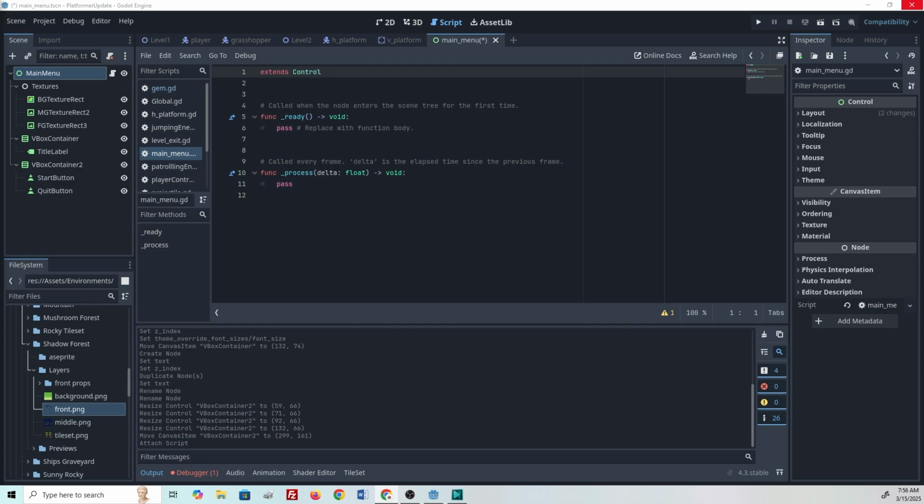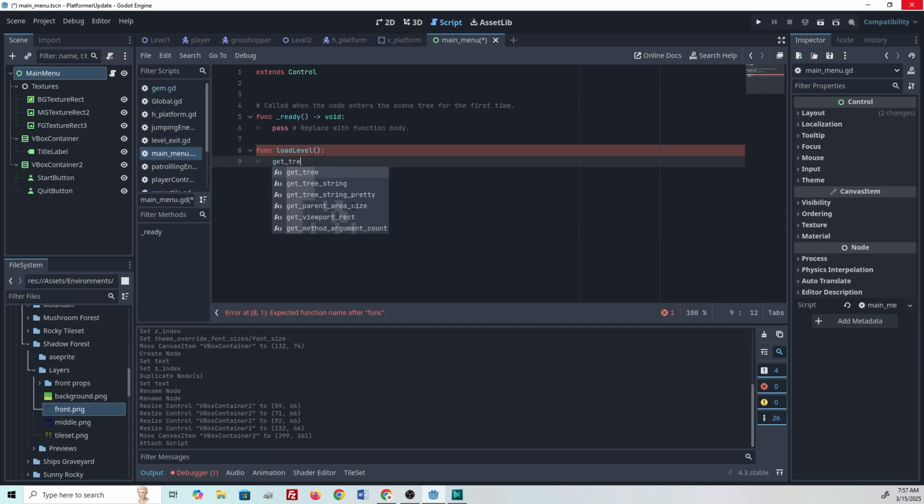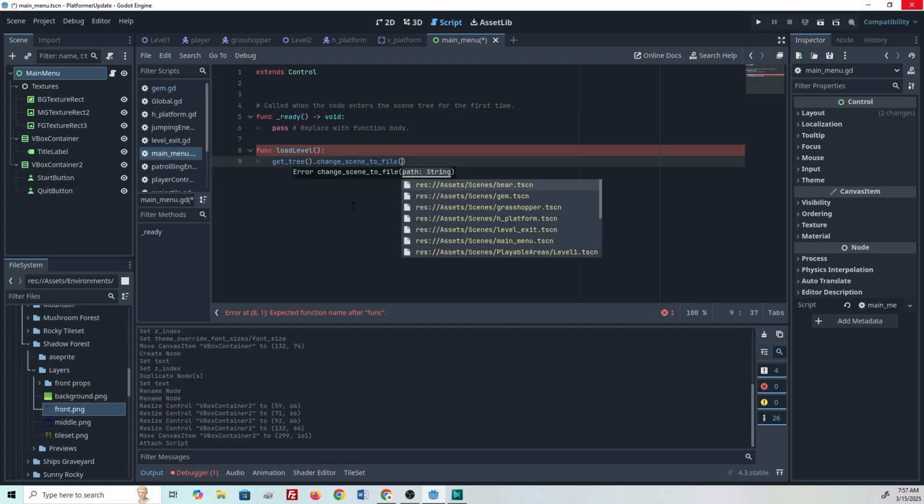And the first thing we're gonna start doing is let's get rid of this process. We're not gonna need that. We are gonna need some functions. So the first one we're gonna create is called load level, and it's gonna be very simple. Get tree dot change scene to file,